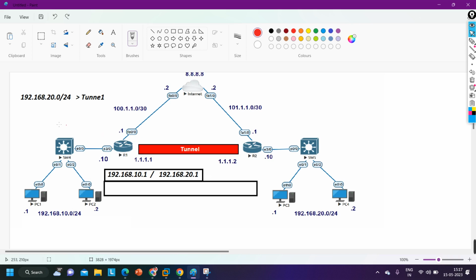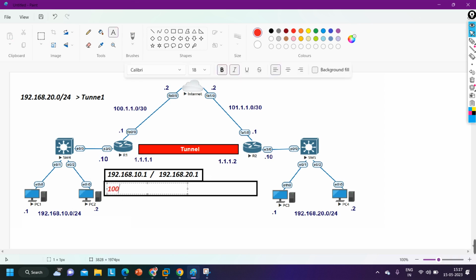So on router number 1, the tunnel source is 100.1.1.1, and the tunnel destination is 101.1.1.1. So in the GRE header, the source IP address will be the tunnel source IP address, 100.1.1.1, and the destination will be the tunnel destination IP address, that is 101.1.1.1. And then there is one field called the protocol field. In the GRE header, there will be the protocol number of